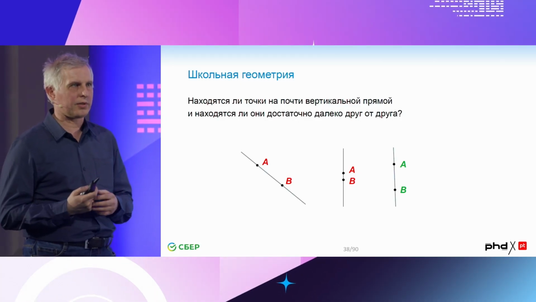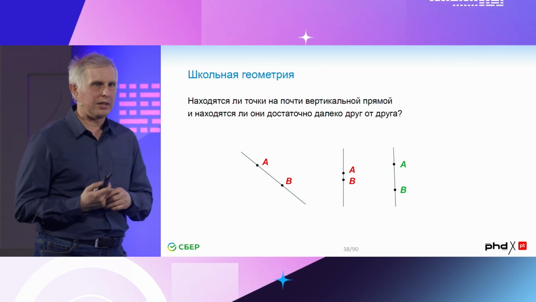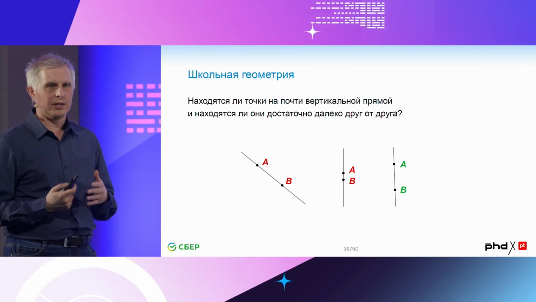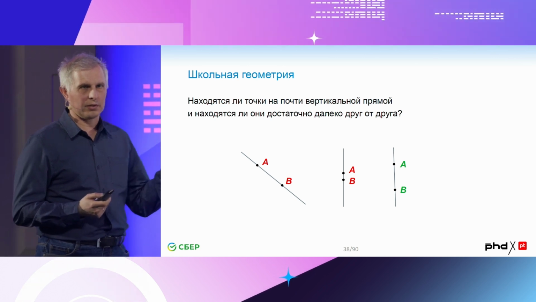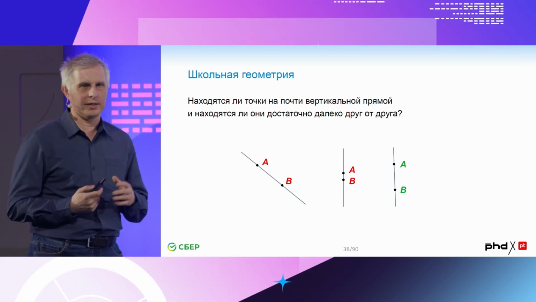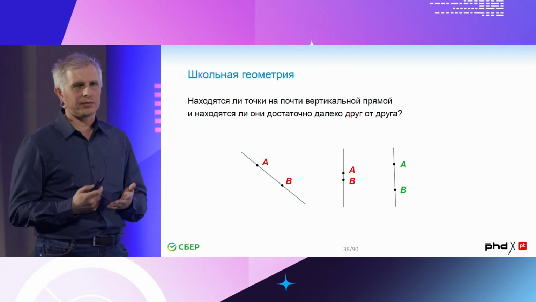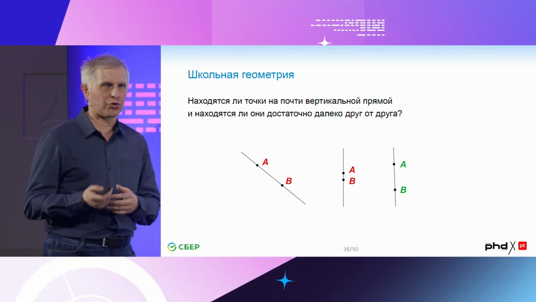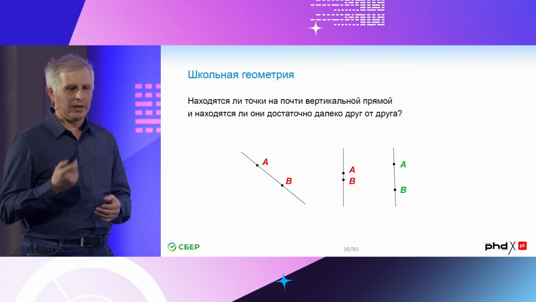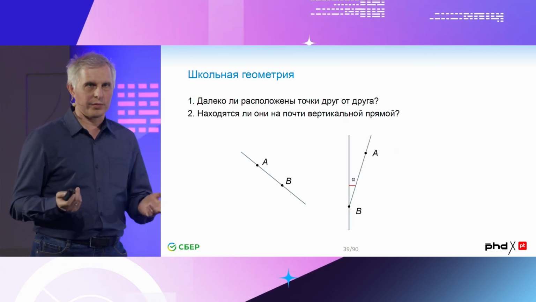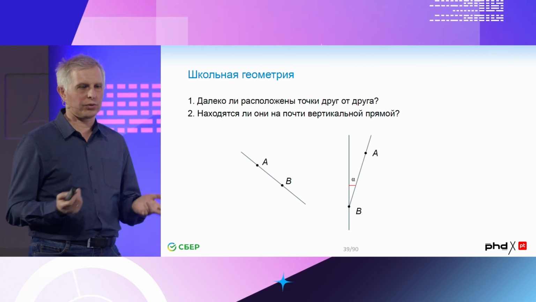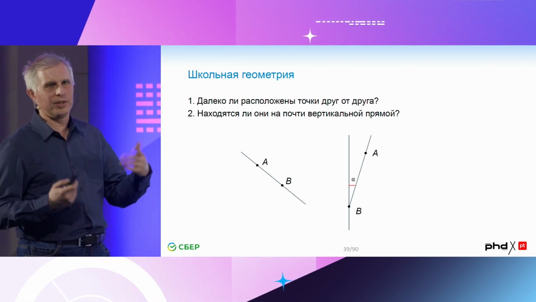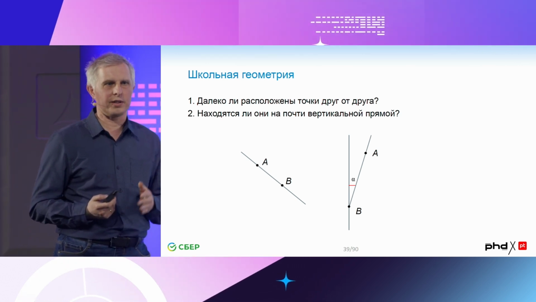geometry. In one of the projects, we have a touch screen, and the user makes some pressings, and these two pressings are quite far and not close. When the points are not vertical, the second case is because the points are too close, and the third example is what we need. So we need to determine those cases. So we solve two tasks, whether the